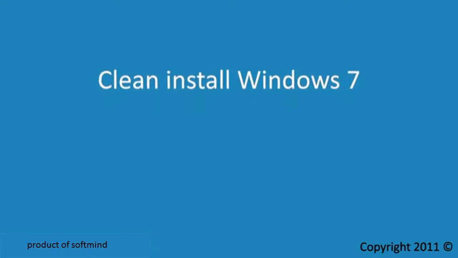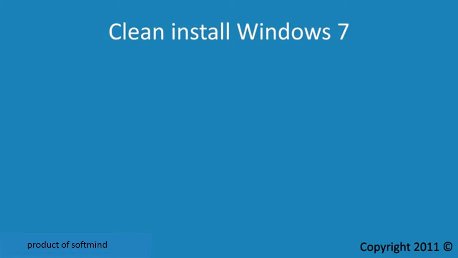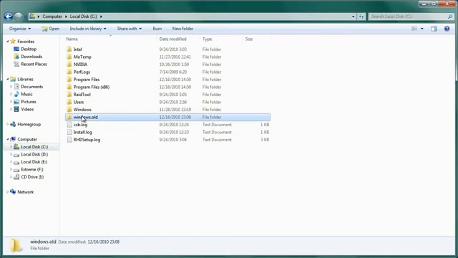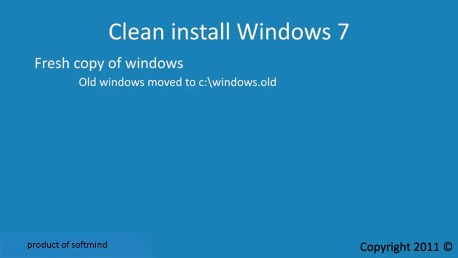In this video, I will look at performing a clean install of Windows 7. A clean install of Windows means basically a fresh copy of Windows. In most cases, you will perform the install on a hard disk that does not contain an operating system. If, however, a Windows operating system is found, the old Windows operating system will be moved to c:\windows.old. This operating system will no longer be bootable, but you can always retrieve files from the directory later on